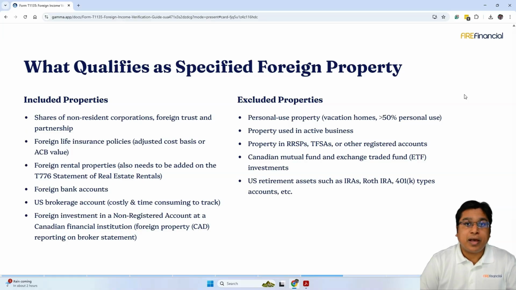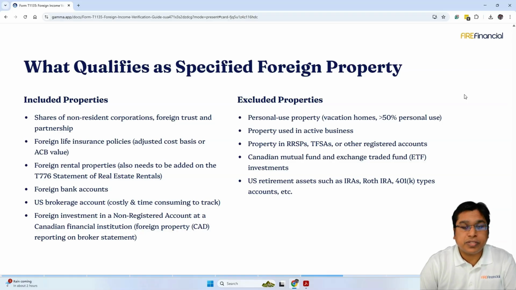Now the last one is a big one and a very common one which triggers T1135: if you have a large foreign investment in a Canadian financial institution. Let's say you have an account with Wealthsimple, TD Bank, or CIBC Bank, and you have a non-registered account with a cost basis of over $100,000, you are supposed to report that in your T1135.